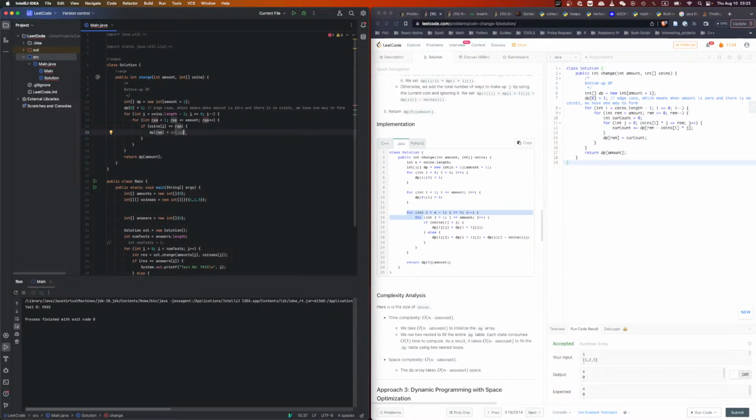So be the remaining minus coins. Hold on. If I take 1, right? If I take 1,